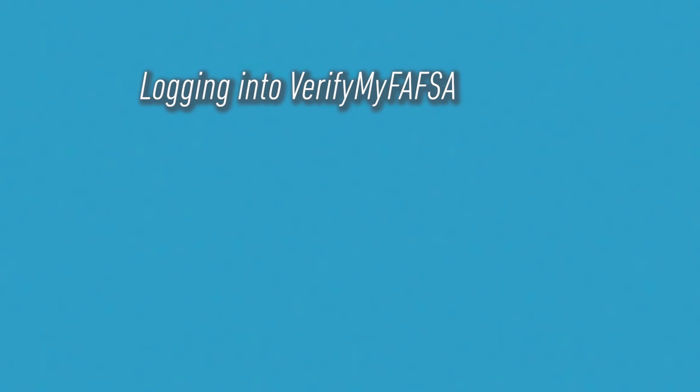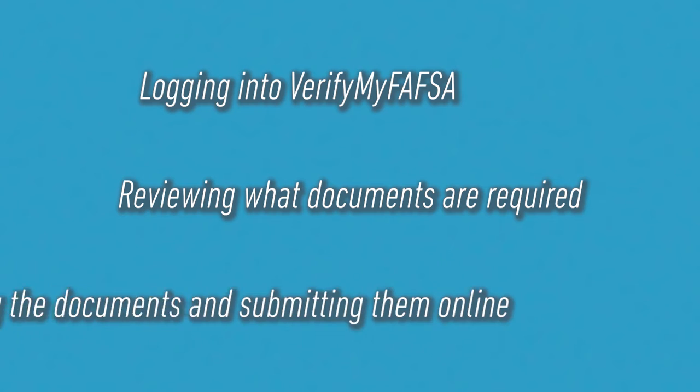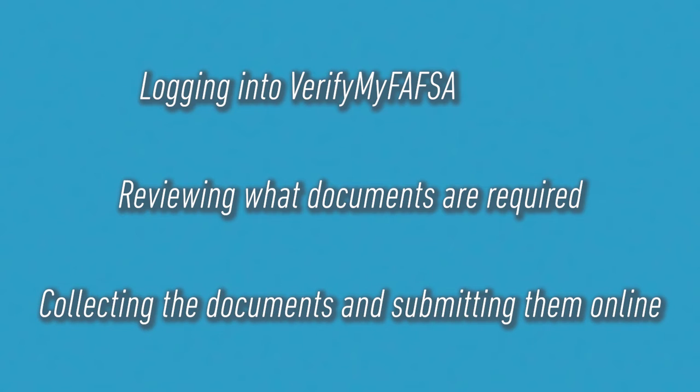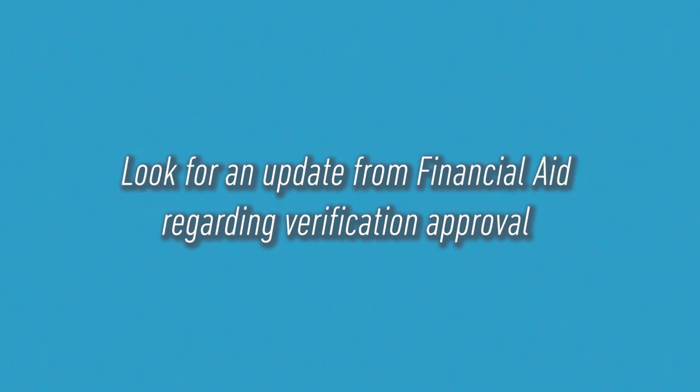This includes logging onto the verification system, reviewing what documents are required, collecting the documents and submitting them online. Your verification package cannot be reviewed until all documents are submitted. Then, look for an update from financial aid regarding verification approval. First, to access the verification system, go to